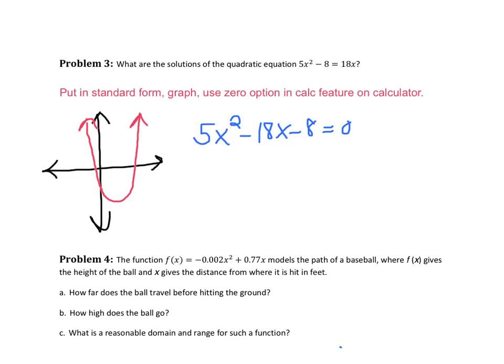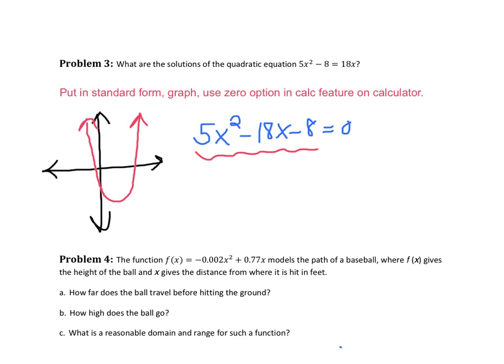Good. All right, so problem number 3: what are the solutions of the quadratic equation 5x squared minus 8x equals 18? Or minus 8, I'm sorry, equals 18x. So first of all, we're going to put the equation in standard form. And from standard form, we're going to put it into our calculator as y equals 15x squared